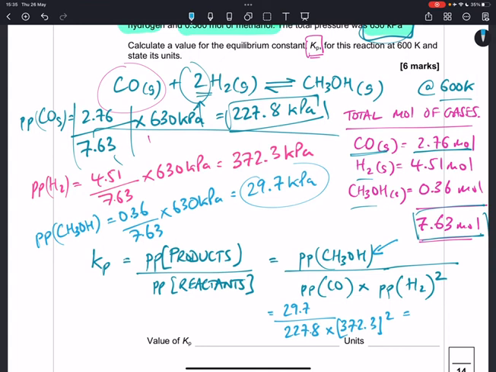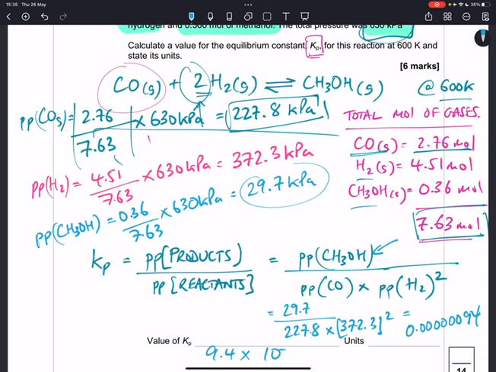So 29.7 divided by 227.8 divided by 372.3 squared equals 0.0000094. So that's 9.4